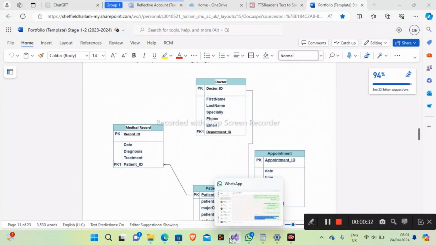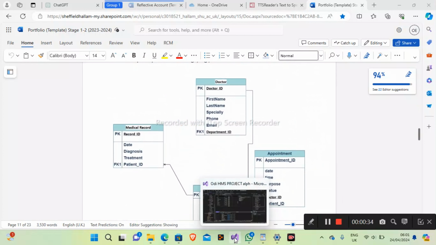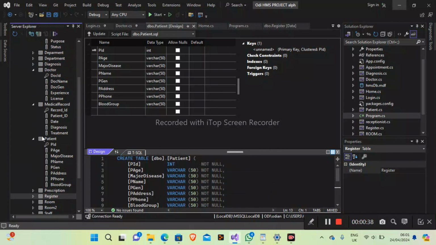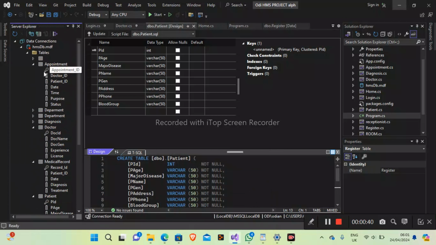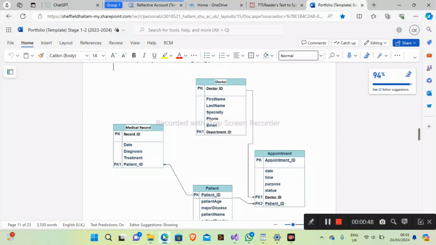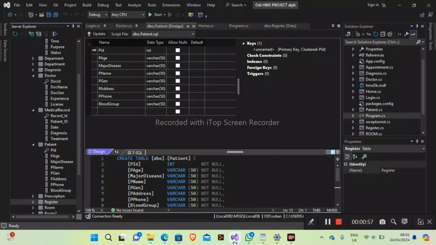My preferred software that I use to develop my project is Visual Studio. On the left hand side, this is the table. I identified four tables: appointment, doctor, medical record, and patient. So if you come to my portfolio, this is a doctor, appointment, patient, and medical record. So going back to my project,